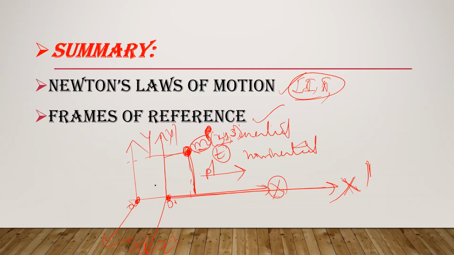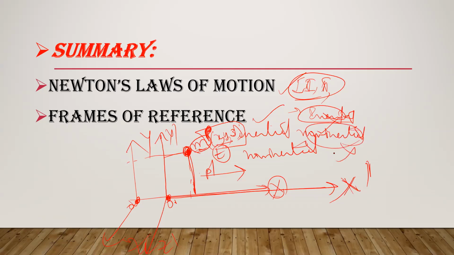This is how, from different frames of reference, we can have different positions of the particle. Similarly, size can be observed in a different fashion, and velocity can be in the opposite direction, based on the frame of reference we take. So we have two types of frames of reference, inertial and non-inertial. Newton's laws are valid in inertial frames and are not valid in non-inertial frames of reference.